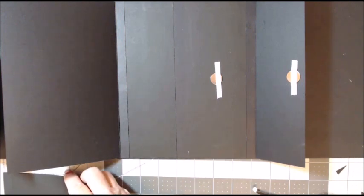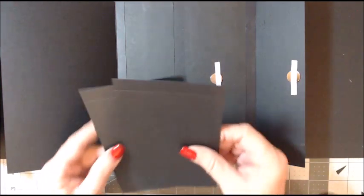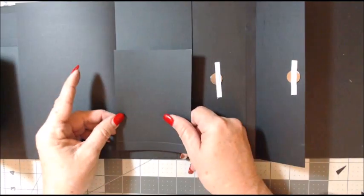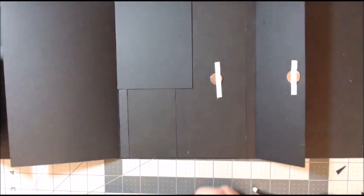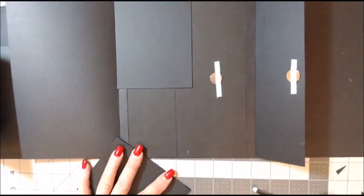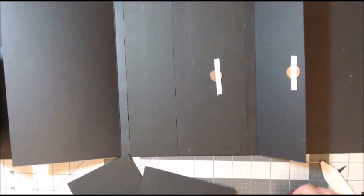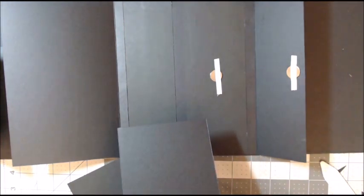Okay, now what you need is to cut yourself 2 pieces that are 4 by 5 1/2. 4 across by 5 1/2, 2 of them. So this came from my scraps from when I was cutting my pages, and it was a 4-inch piece, and I just cut it down to 11 and then just cut it in half. So, and what you're going to do with this is you're going to